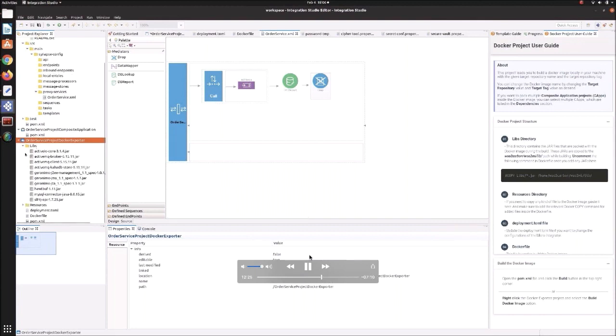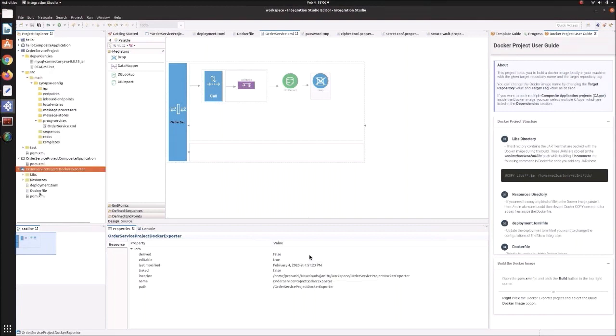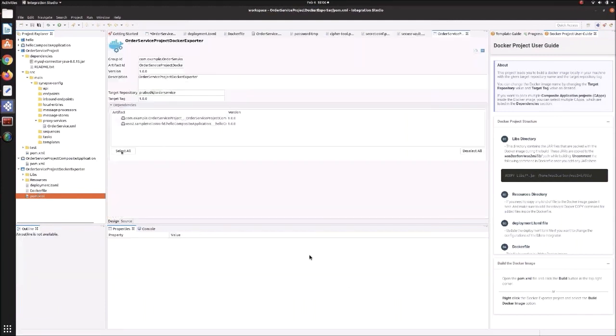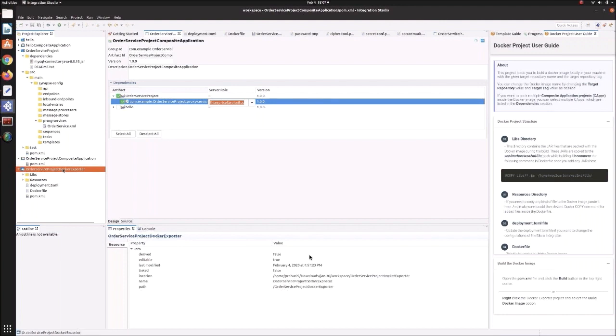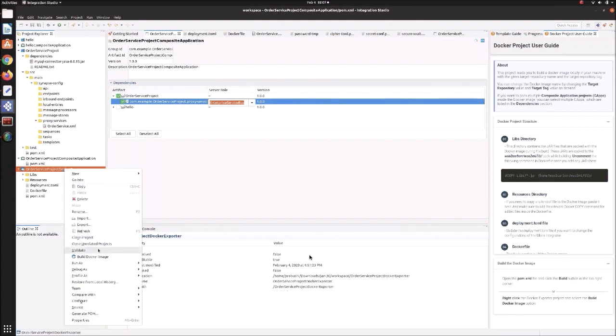Once we have configured it, we can go to the POM directory and select all the required composite applications for our Docker project. Then let's go to our composite project and make sure all the relevant artifacts are selected. Let's save it, and right click on the Docker project and build Docker image.